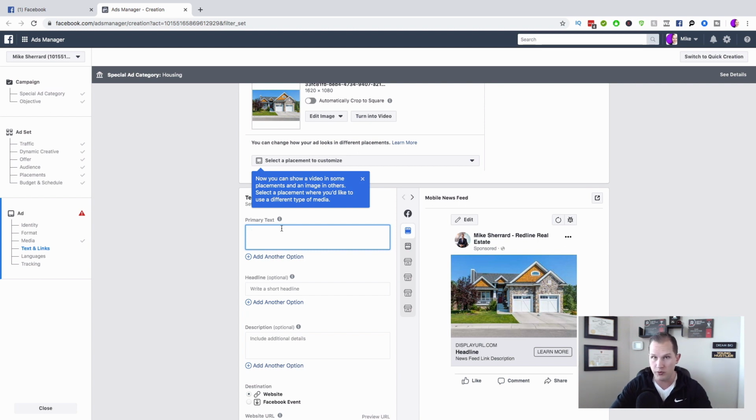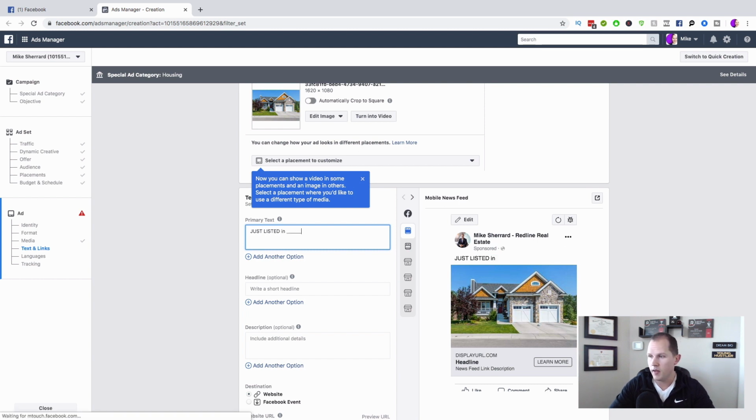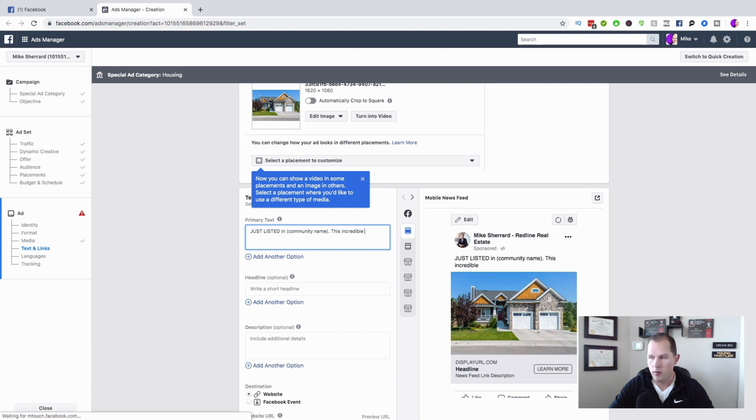But for this example's sake, because there's too many options to run through, I'll just do a general one. So what we'll do is we'll say, just listed in community name. So don't give the address away either. And then what I like to do is say a couple quick features. This incredible bungalow backing onto the golf course